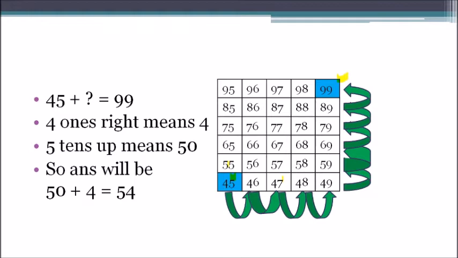So practice it daily. And that's all for today. I had given some worksheet and Google form questions also. You have to do those questions without using the pen and paper. Find out the answer. Try to not use pen and paper. Just draw a number grid, number table on a paper. Just look at that table and try to find out the answer by the method which we have discussed in this video.